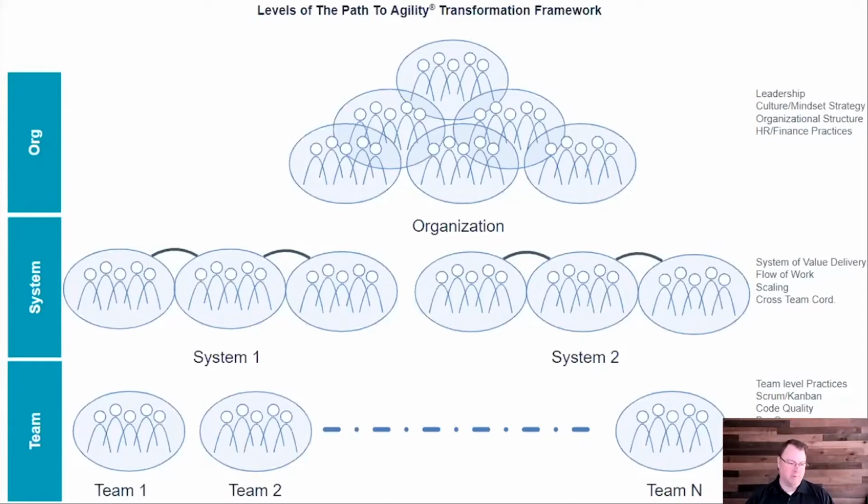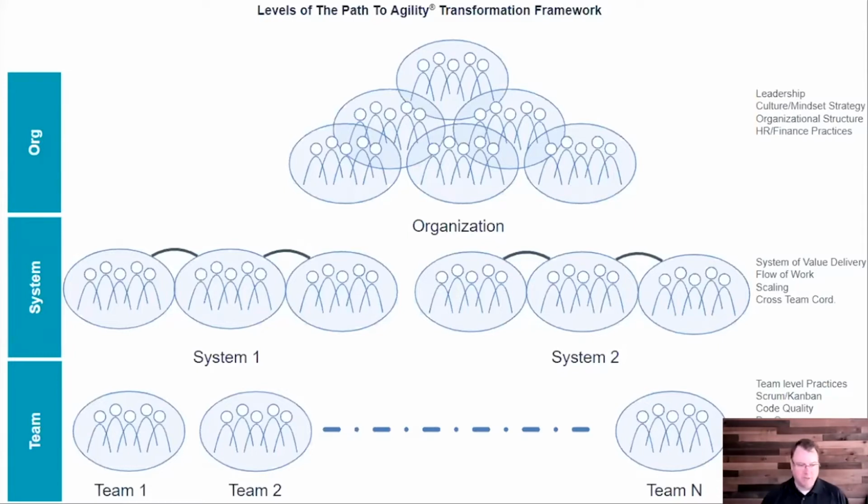So we might apply Scrum practices at the team level. SAFe has a lot of answers on how we coordinate work across the system, but we also need to think about the organization as a whole. This is where our organizational structure could impact our HR practices, our finance practices, our leadership dynamic, our strategy, things like that at an organizational level. So we look at all 3 of these levels as a lens, and ultimately what we built is